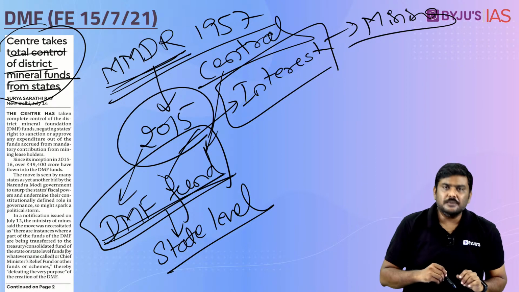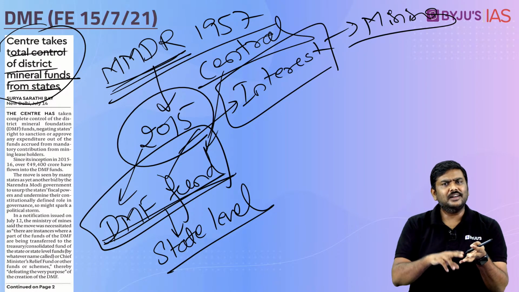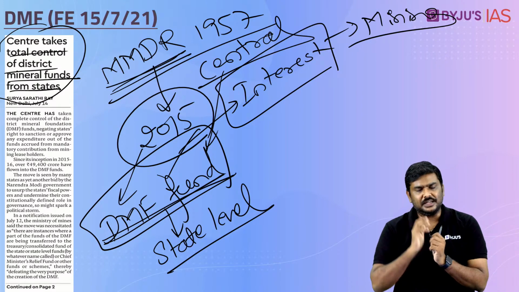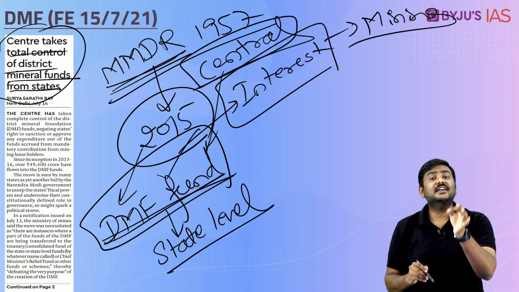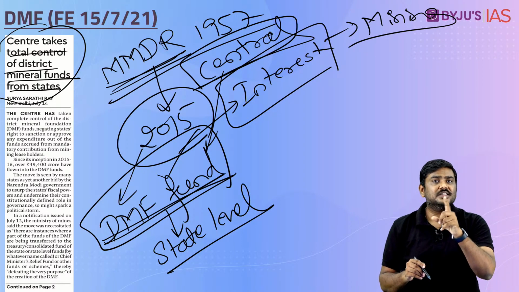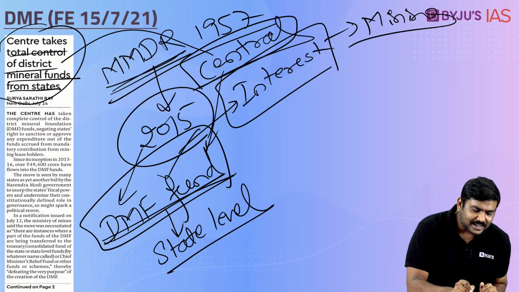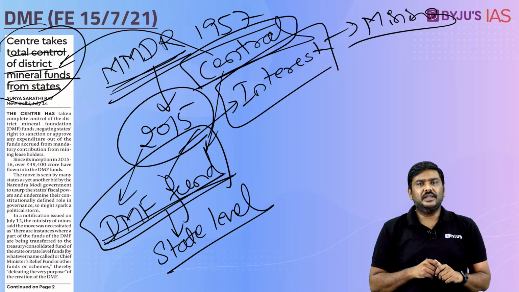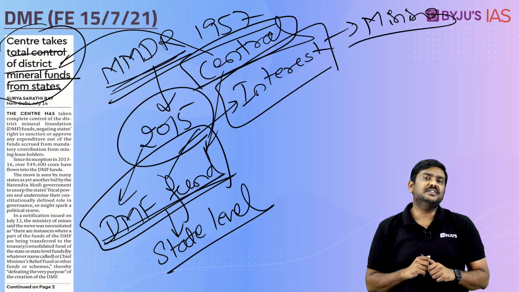So going back to the original point here, the state government could basically decide the function of the DMF fund, could allocate the funds for various projects, provided the central government also approves this. If the central government doesn't feel like allowing the state government, they could simply take away the power from the state government. That is exactly what has been done by the central government here. Now what has been the issue here? Why has the central government taken this particular decision?